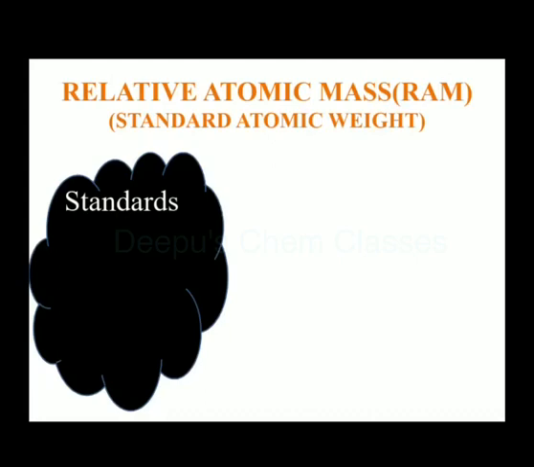Like the standard scales used in physics to measure length or volume. For measuring volume some standard measuring cups are used, and for measuring length, a ruler, meter scale, centimeter scale is used. Likewise, in order to measure the weight of an atom in chemistry we use a standard scale. In earlier days they used hydrogen as standard, oxygen as standard, and carbon-12 isotope as standard. But nowadays we follow carbon-12 as the standard.